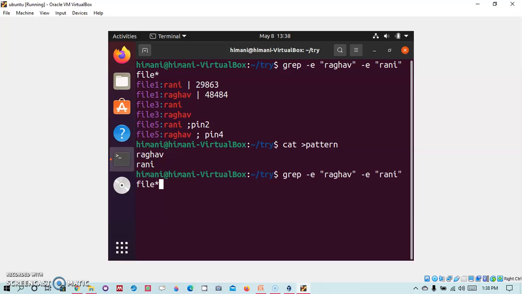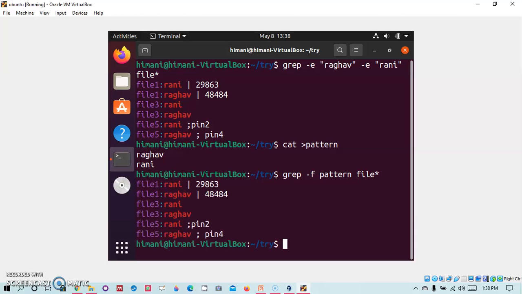And now with grep, instead of the -e option, we can use the -f option and give the name of the file that contains the patterns. So again we can see we have saved Raghav and Rani in the pattern file, and the same output is achieved, which we achieved using -e for multiple patterns or -f for patterns stored in the file.